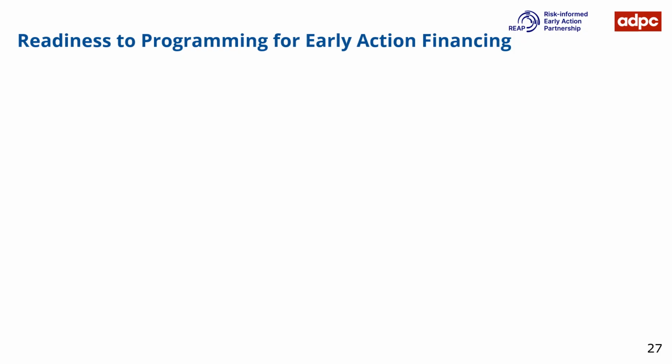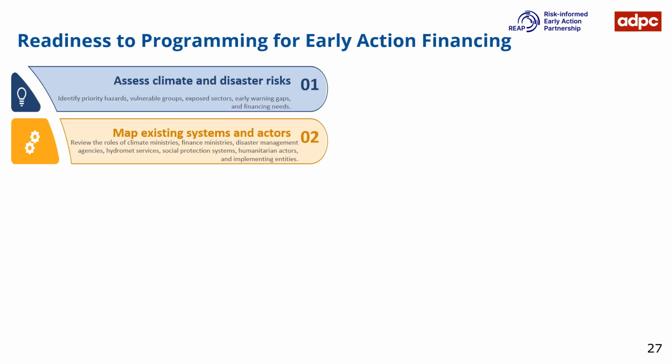This slide presents a practical sequence from readiness to programming for early action financing. The process begins with assessing climate and disaster risks, identifying priority hazards, vulnerable groups, exposed sectors, early warning gaps, and financing needs. It then moves to defining early action priorities, such as warning dissemination, anticipatory cash, livelihood protection, evacuation support,